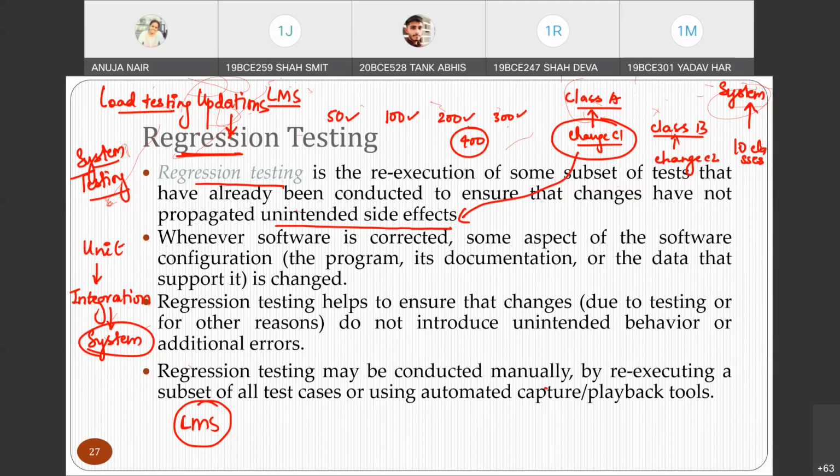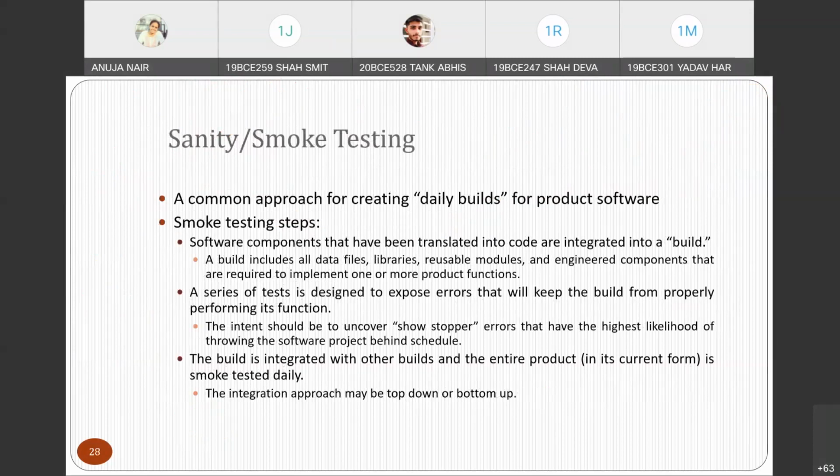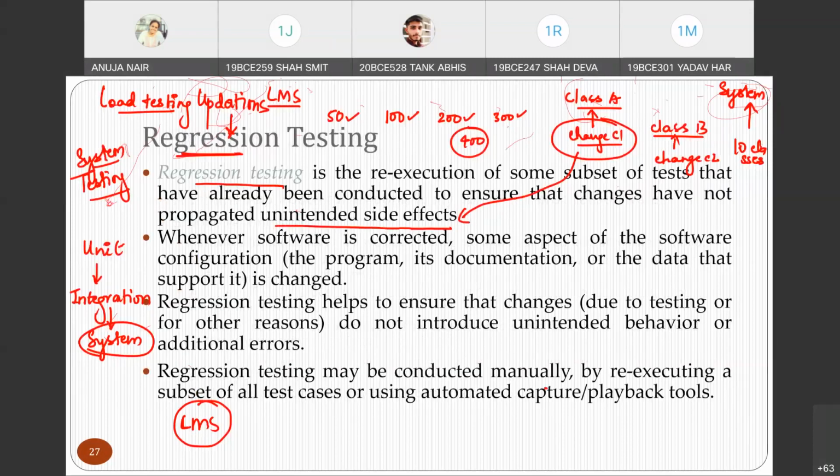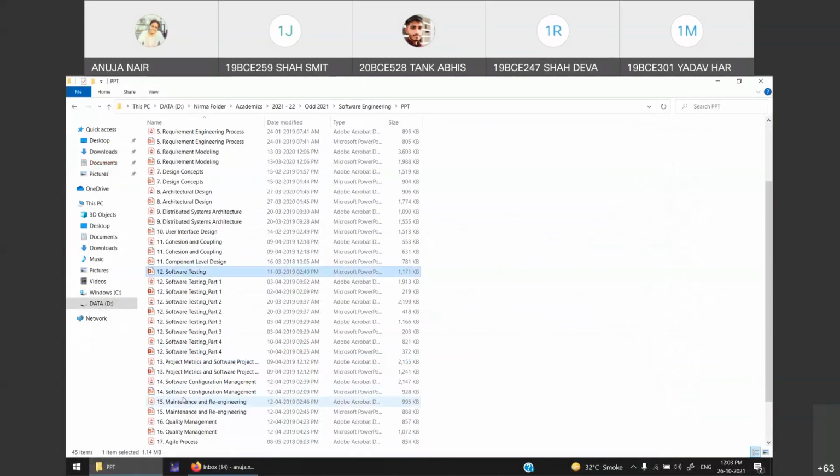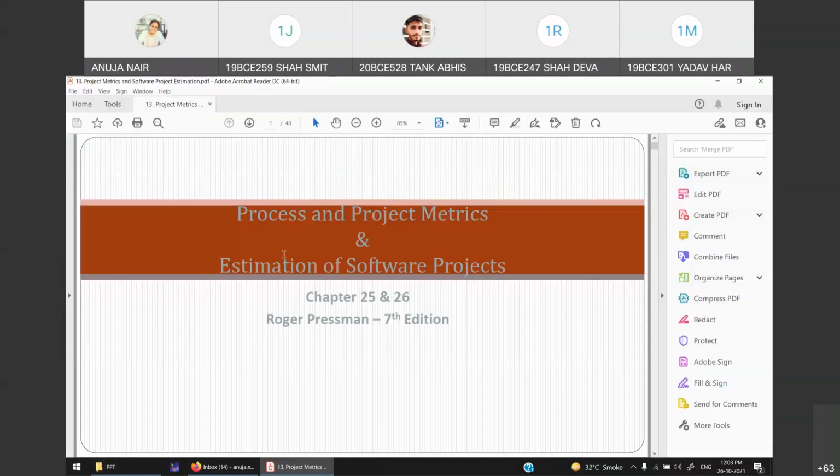It might take me 1 hour max to complete the theory. So your next chapter is basically the estimation chapter, right?